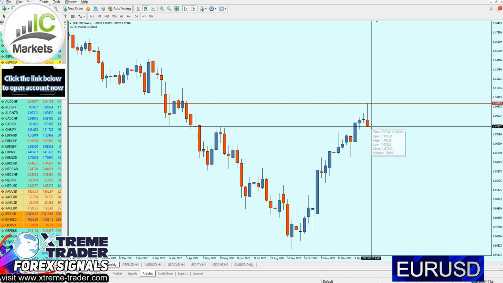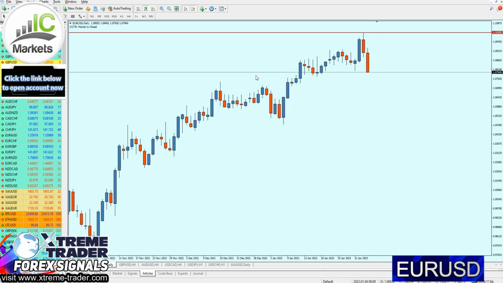Therefore, most likely the Euro USD still has about 160 pips more to go. So moving now to the daily chart. Now on the daily chart, what we can see right here is actually a strong key support trend line, which the market has been breaking out from.